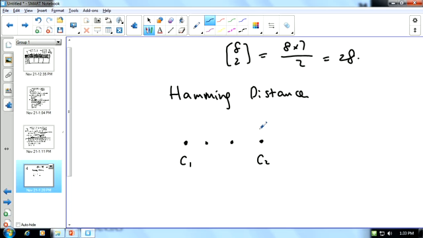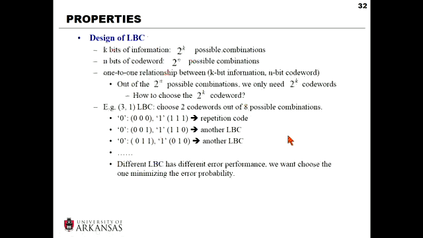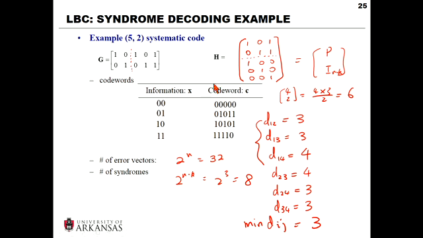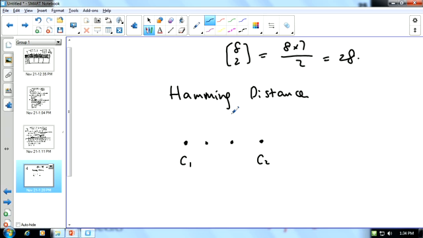And as an example, if I come back here, let's see if we transmit a 00000, and if the second, the fourth, and the fifth bits are in error, I flip those 3 bits, and then I'm going to get another valid code word. If I do syndrome decoding, the syndrome will be all 0, so I won't be able to detect that. Right? However, if I flip 2 bits,